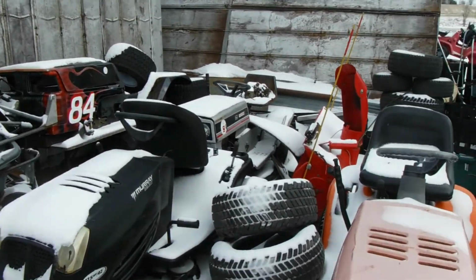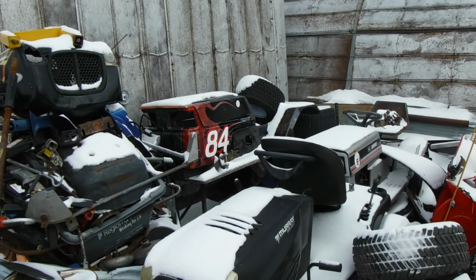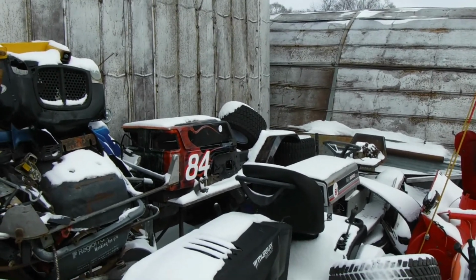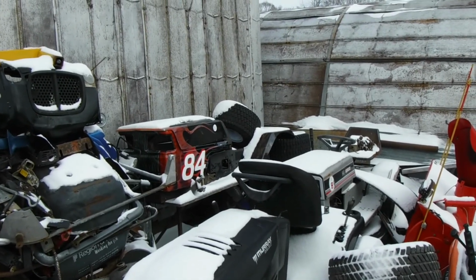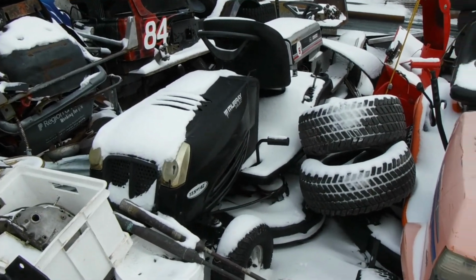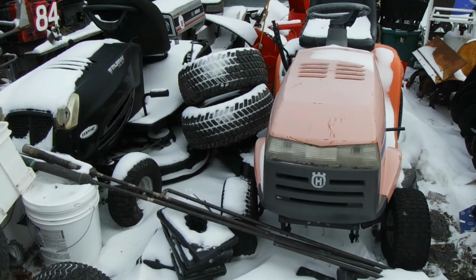Other machines. Got my racing mower back there, which is still my profile pick. It's going to be getting rebuilt and back on the racetrack this summer. It's been in pieces for the better part of 3 or 4 years, so it'd be nice to have that back together. Now, I acquired another Murray and a Husqvarna